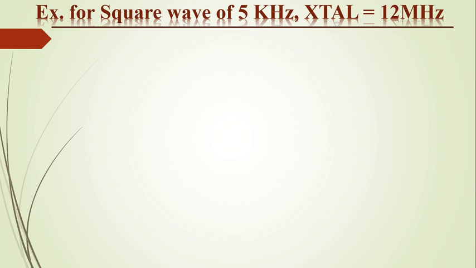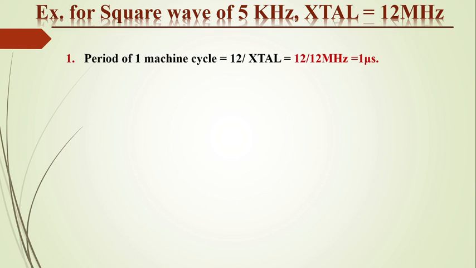Suppose we have to generate a square wave of 5 kilohertz and the crystal frequency is given as 12 megahertz. So again our first step is to find the machine cycle using the formula 12 divided by crystal frequency, that is 1 microsecond. Now we have to find the time period of that square wave, and that can be